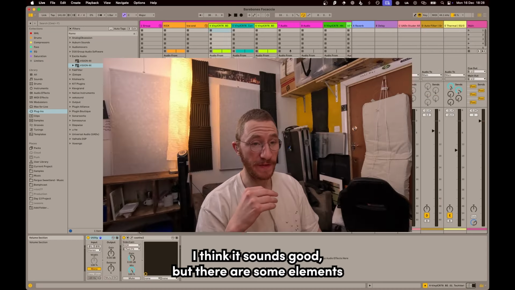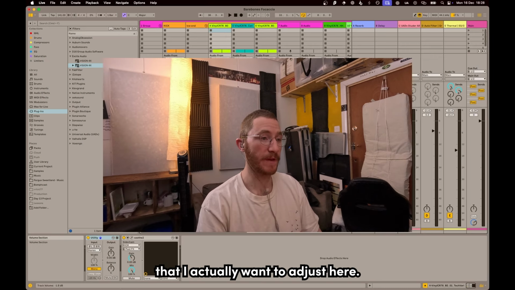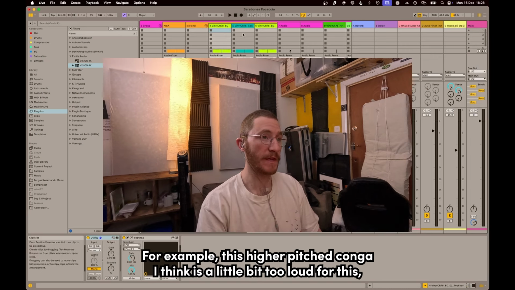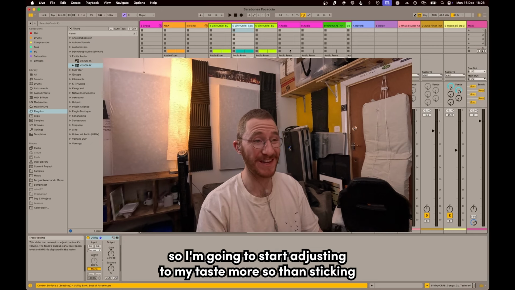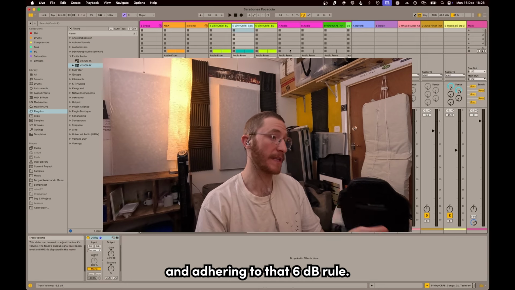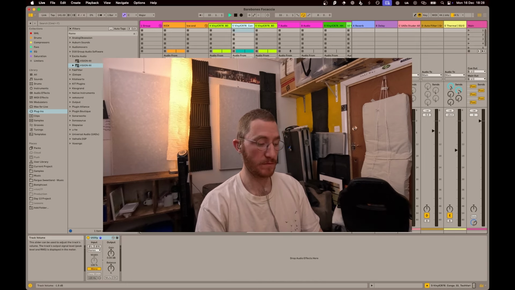I think it sounds good, but there's some elements that I want to adjust here. For example, this higher pitched conga I think is a little bit too loud. So I'm going to start adjusting to my taste more so than adhering to that 6 dB rule.